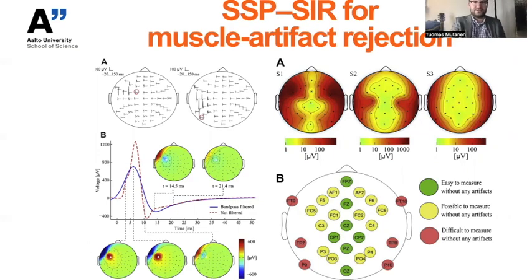We can see here that those responses are especially bad on the lateral parts of the head, and also from this traffic lights image, we can see that whenever we stimulate regions closer to the muscles, the problems get elevated. Whereas in the vertex, the situation is much better. We can also on the left see that the muscle artifacts have this characteristic biphasic response, and the topography is coming from the lateral part of the head.